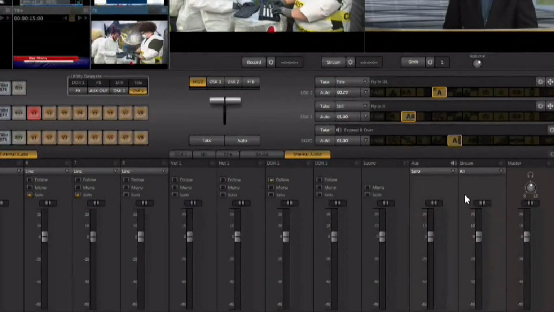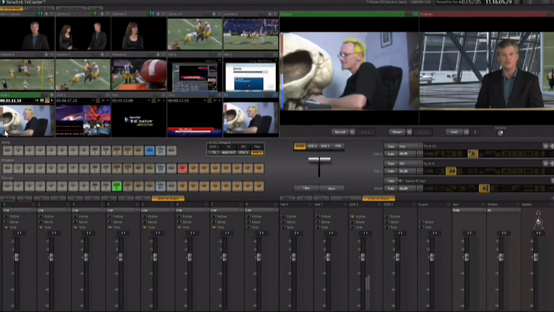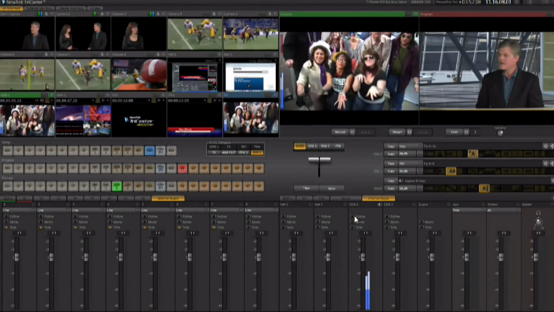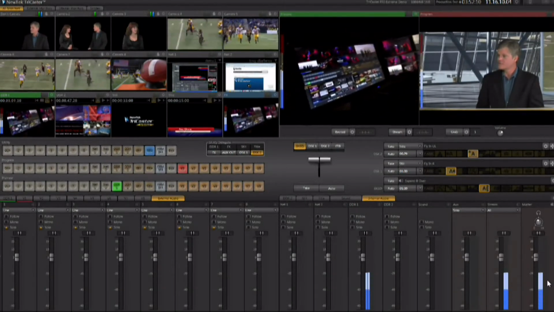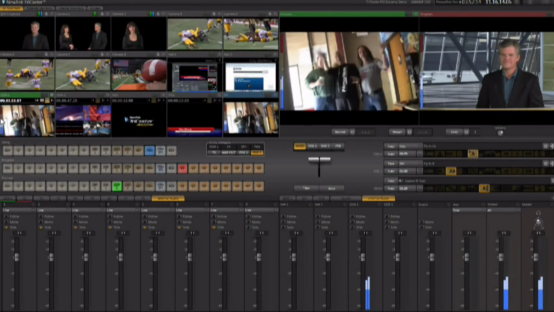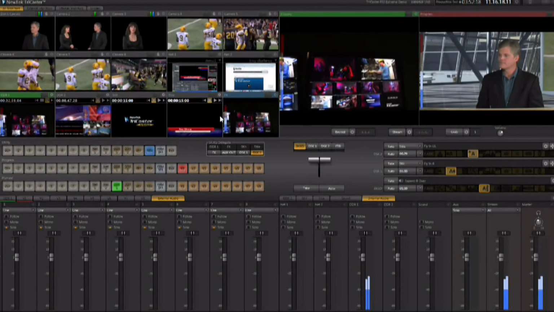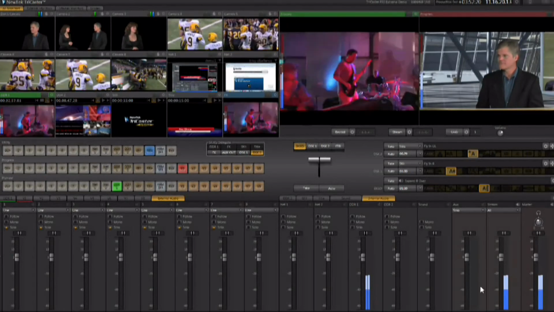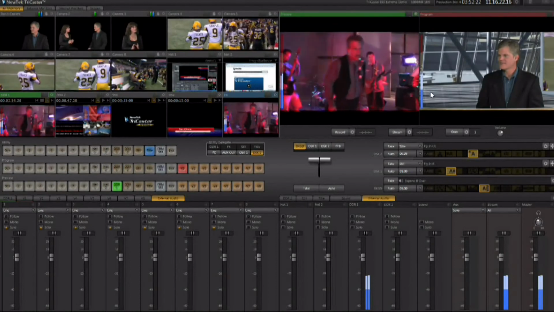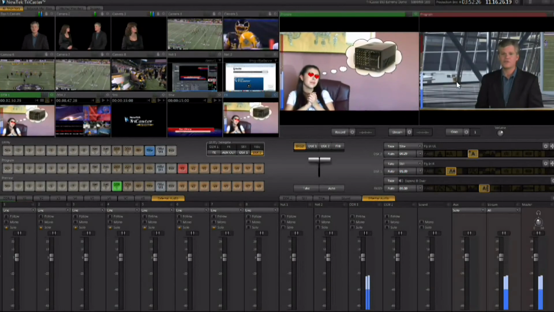There's also a headphone jack, and you can control the audio of the headphone here. And again, whenever you have audio playing, you can see the audio VU meters not only here in the audio mixer, you can also see them on the output, and you can also see them on the actual input that's creating the audio itself. So you've got a lot of visual cues here as to your audio, how it's happening, and you can always see if there's an issue like it starts to clip and you need to pay attention to that and come and make some